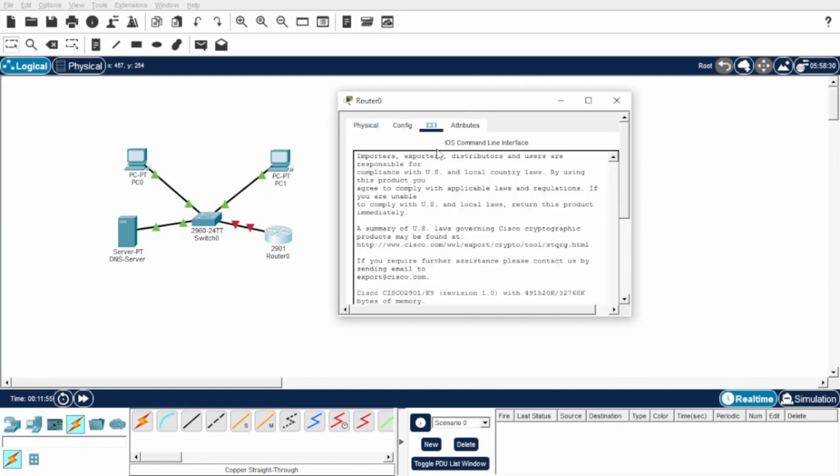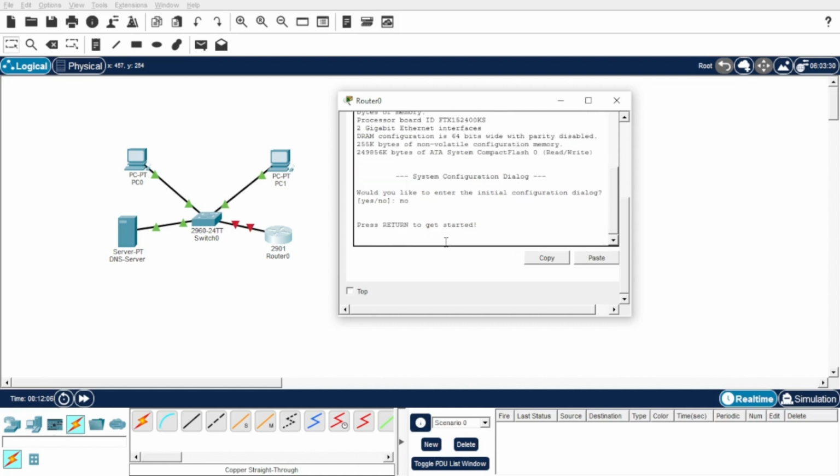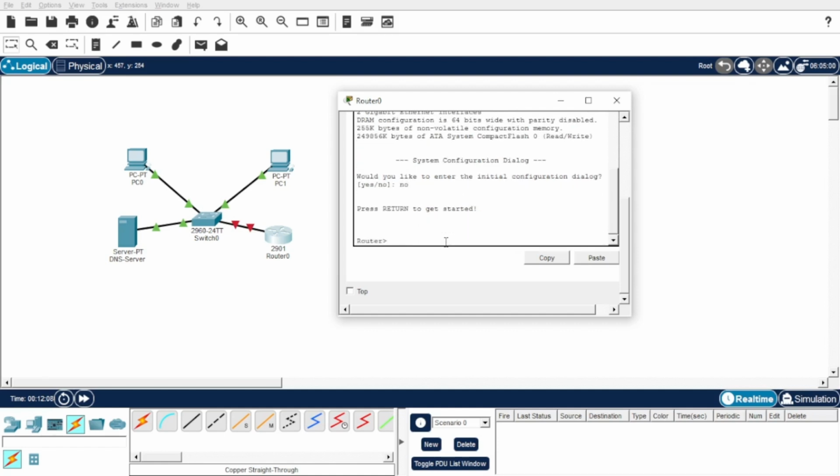Go to CLI. If we get this dialog asking for the initial configuration dialog, write no and enter. Enter again. And now when you are seeing router here, it means that you are ready to write the configuration. Enter, enable,